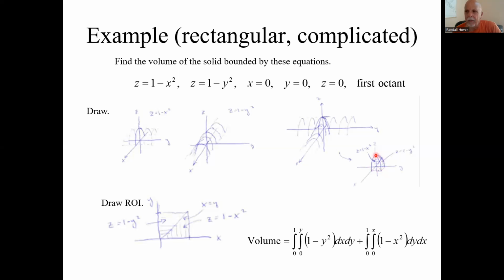Here is the final surface. A little weird looking. This takes some three-dimensional thinking. I can't quite explain every step. And what happens is you need to break up the region of integration. It's because it goes up to one surface on one side of this line, x equals y, a different surface on the other. So you're going to have to split it up into two integrals. It turns out these are functionally the same integral. So once you take one,